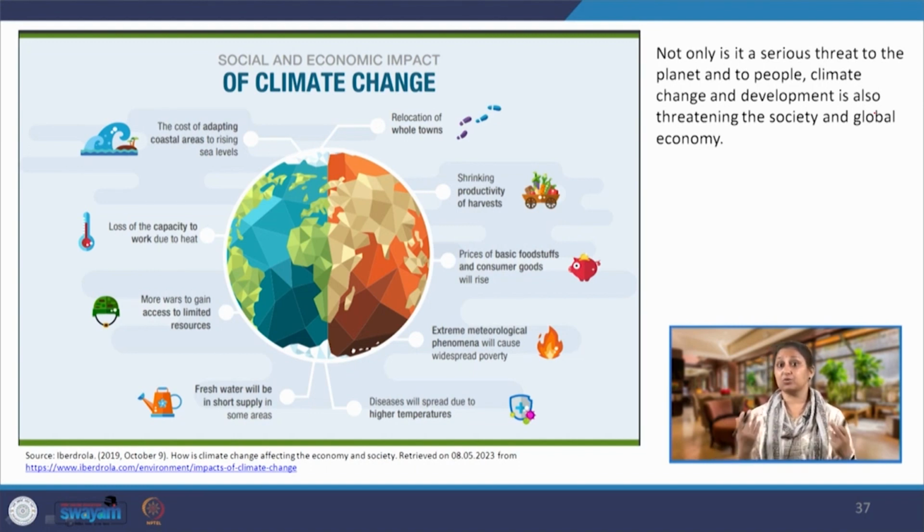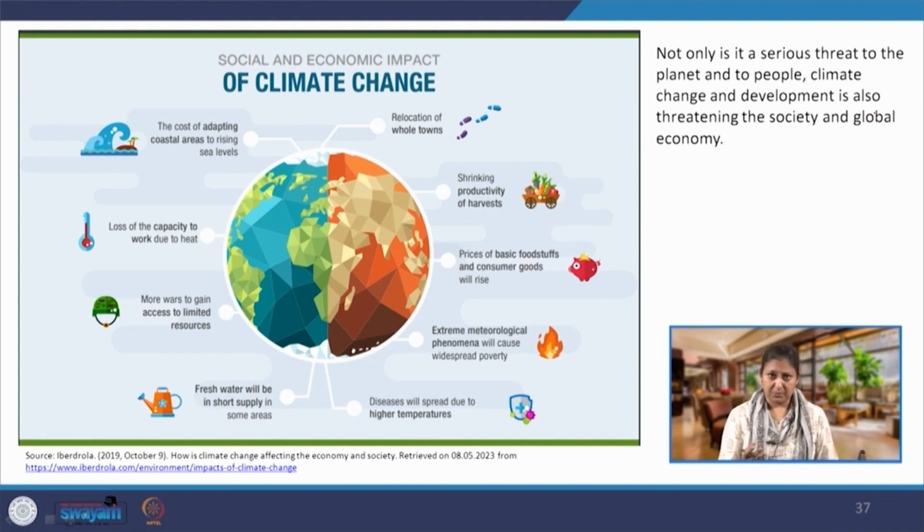For example, isolation, loneliness. How our cities are being designed, how our urban areas are being designed, also determines how psychologically healthy the communities living there are going to be. So, the scale of the city, the design of the city determines that. If we are looking at socio-economic impact of climate change and of development, we are talking about, for example, shrinking